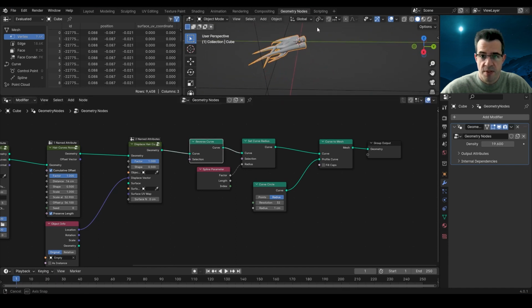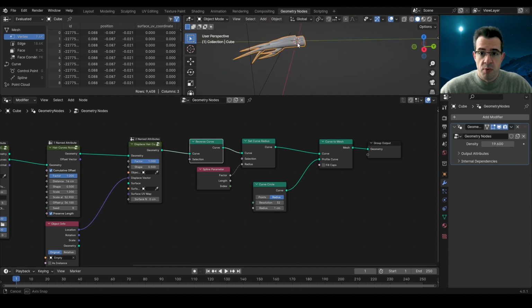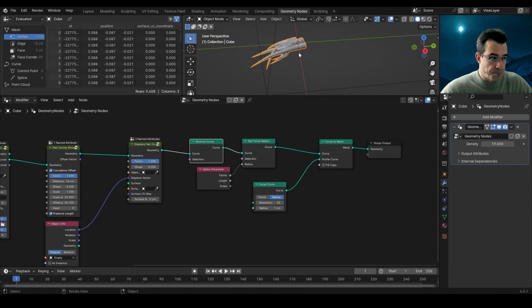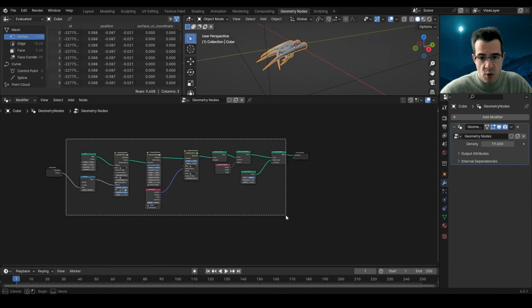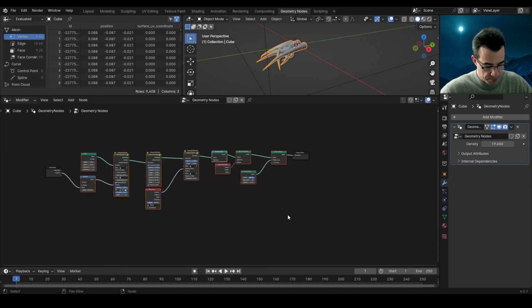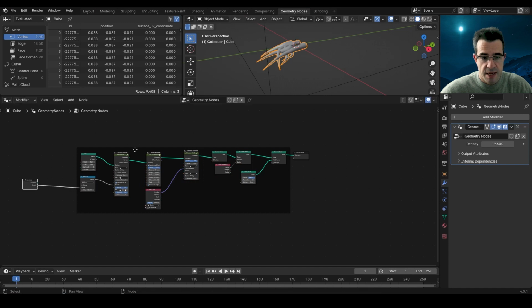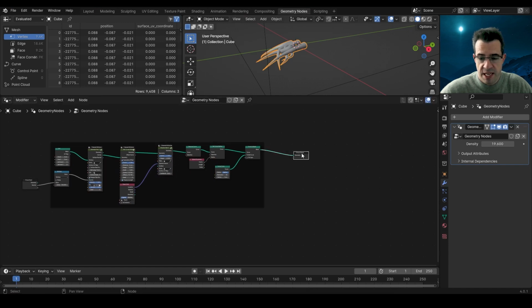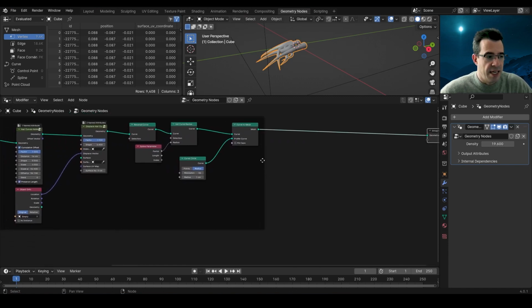And boom, that's what I'm talking about. Now we have to add the suckers. Let's first grab all these nodes and group them. Control J, and move it here. So we need to select the part of the tentacles that are gonna